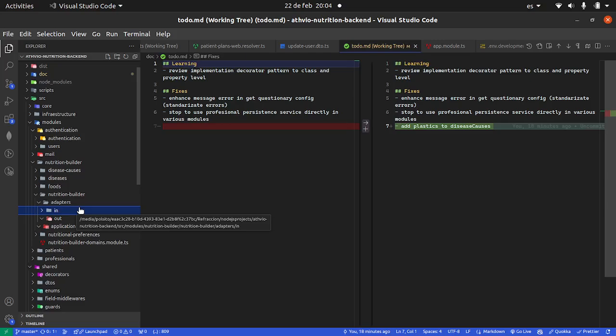to receive the input, because I am using GraphQL for the resolvers. Also, create one persistence layer, one connection, create one schema and connect that with MongoDB. Maybe I don't know if I will need that. I really don't know if I will need one schema to save the nutritional plan that the ChatGPT API returns for this nutritional builder. I still don't know if I will need that. And the application is